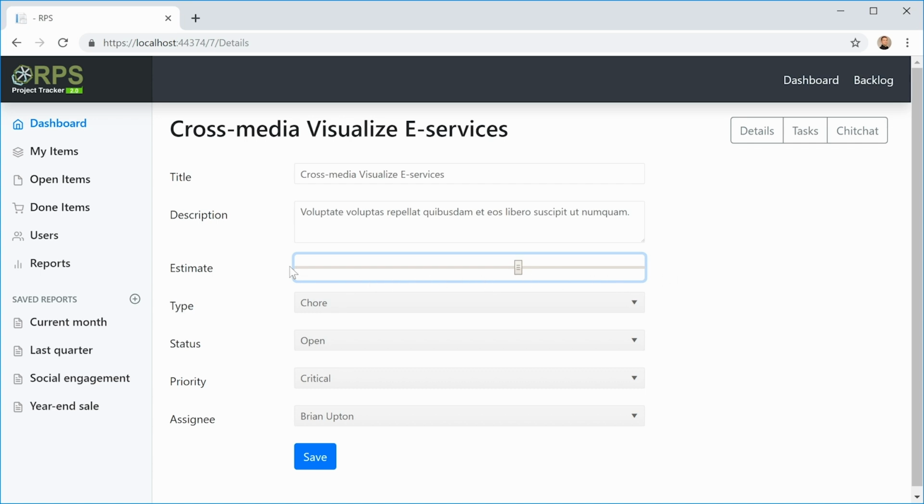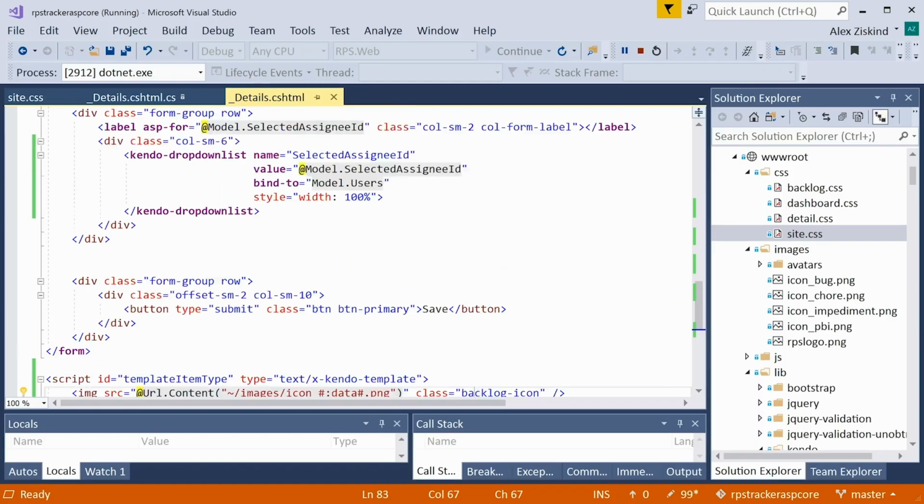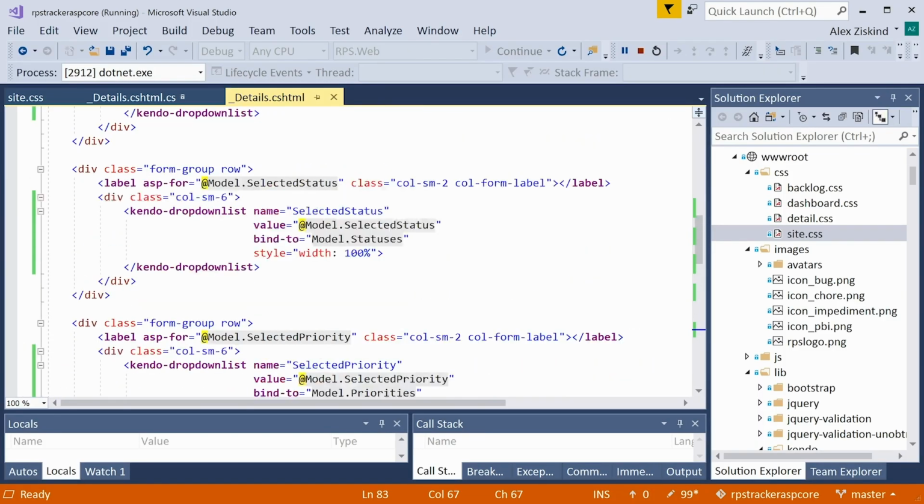It has buttons on the left and right side so we can increment and decrement. And it also shows what value we are selecting. So let's change this to a Kendo slider. Back in the code, on the details form, I'm going to head up to where we have the input that's